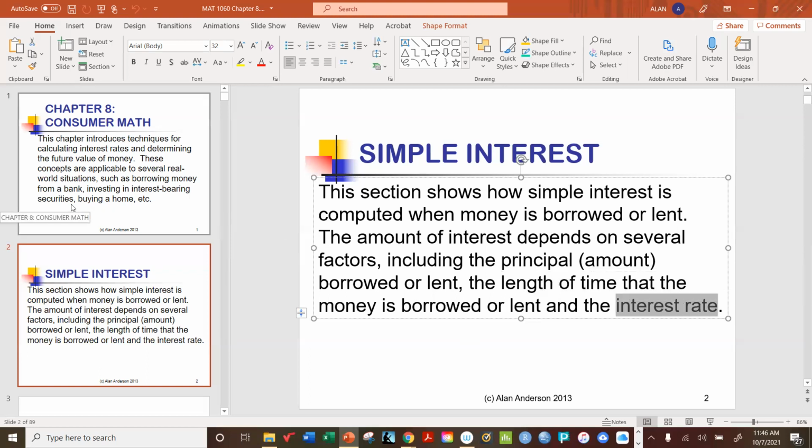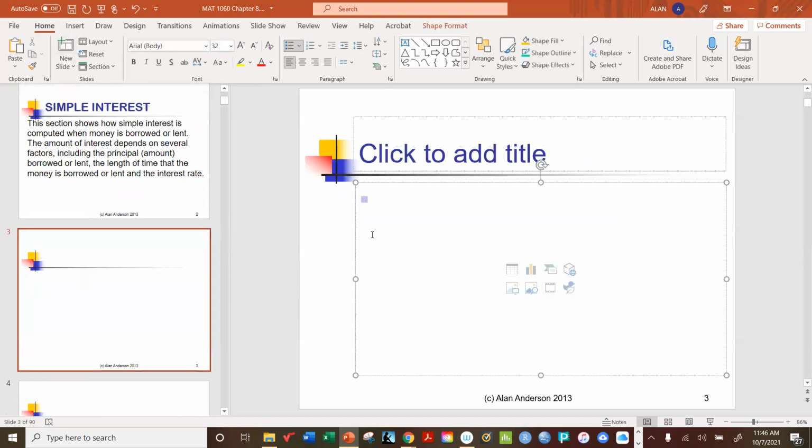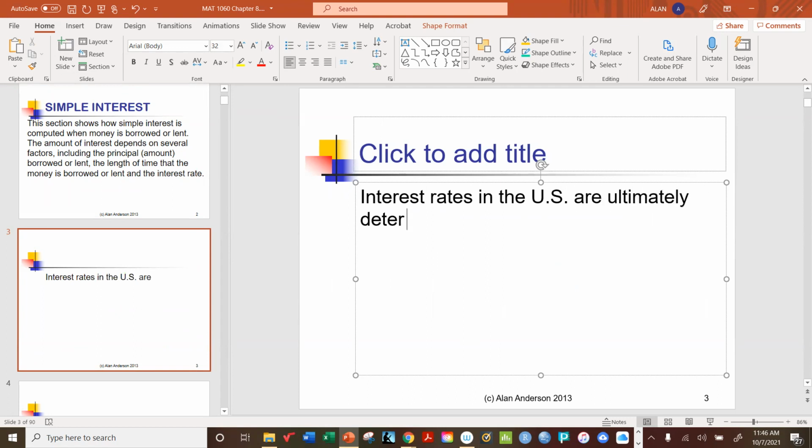Now, if you've ever taken an economics class, just as a quick detour, interest rates in the US are ultimately determined by an organization called the Federal Reserve System. You may have heard of them. They're usually called the Fed in the media. They have the power to determine what level of interest rates we have in the economy, but they don't just